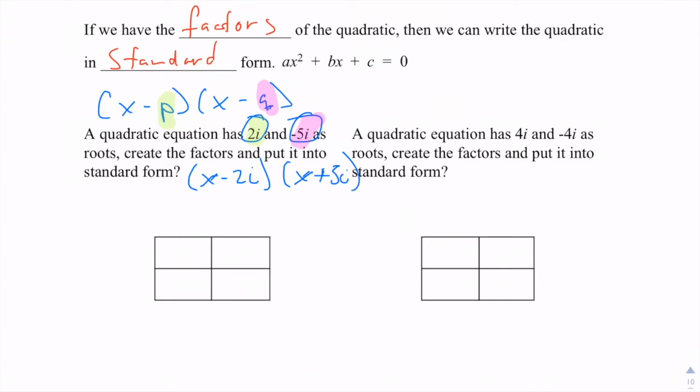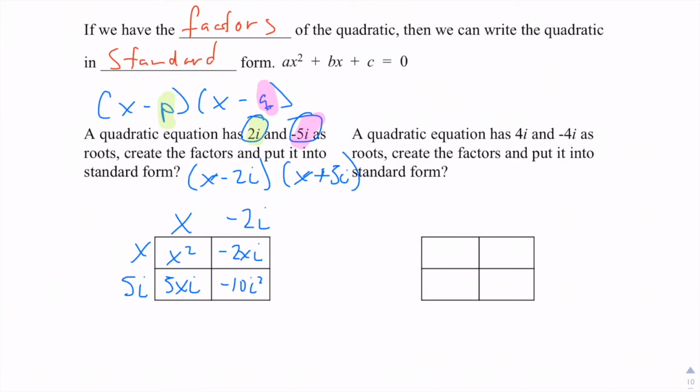And now I can take these and use the Punnett square by just putting x, and then a -2i, and then an x and a positive 5i. And just like we did with real numbers, we use our Punnett square to put it in standard form. So I get x squared, I get -2xi, and then I get 5xi, and then I get